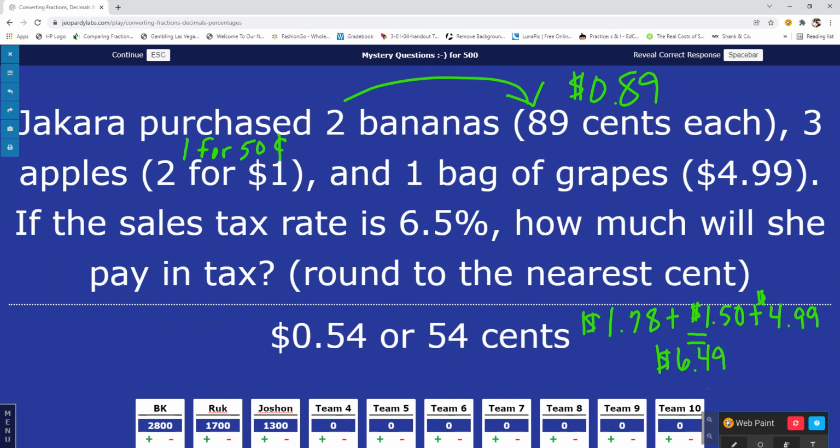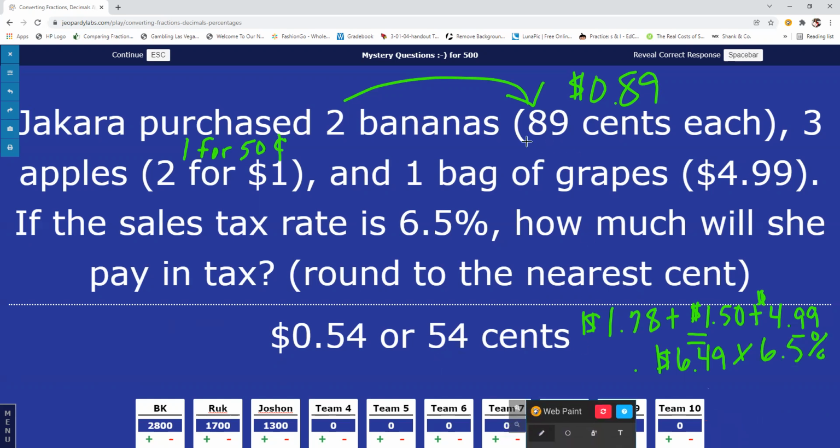That's going to be our total. All right, so if we want to figure out how much the actual tax is, we need to multiply that times the tax rate, which is going to be the 6.5%. If you guys are familiar with these types of questions, we can't do the actual math